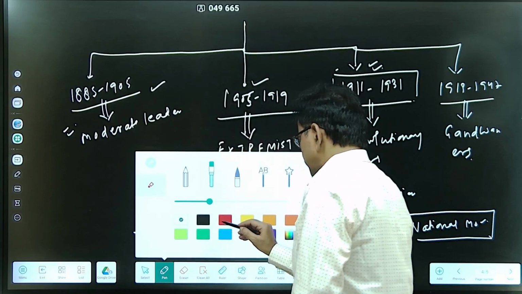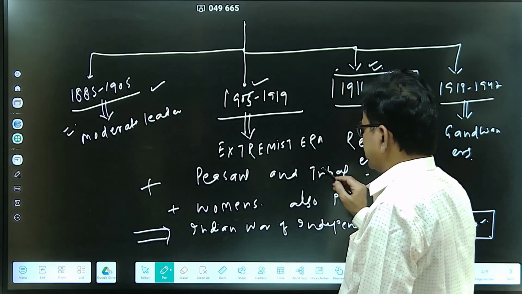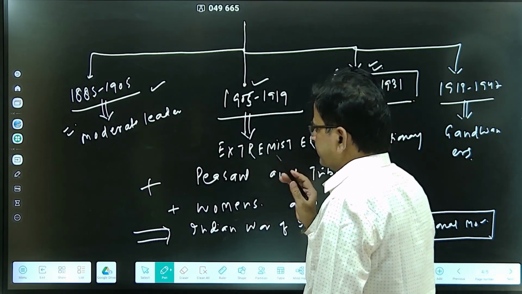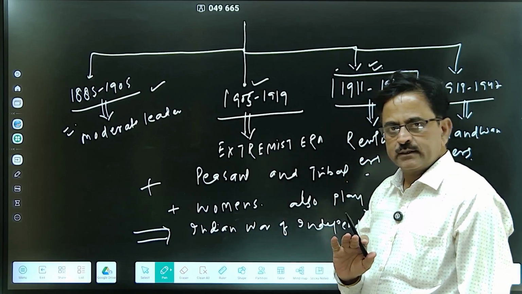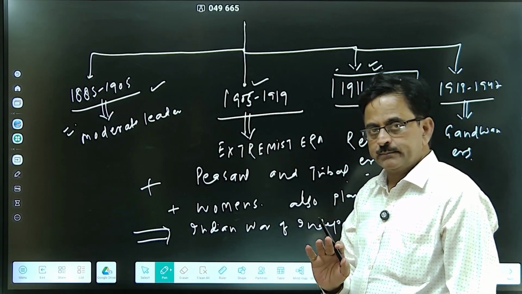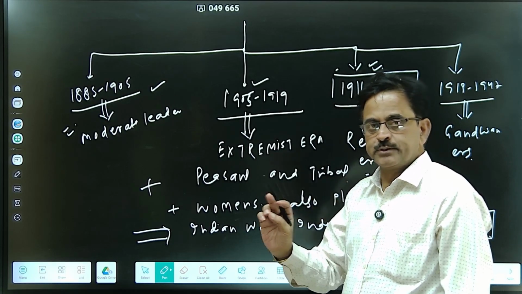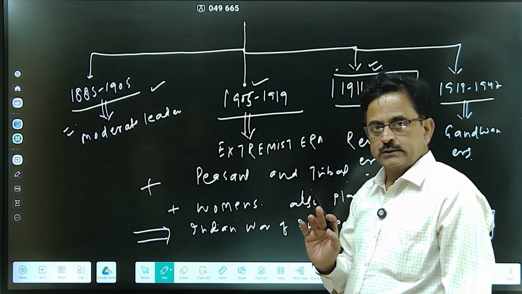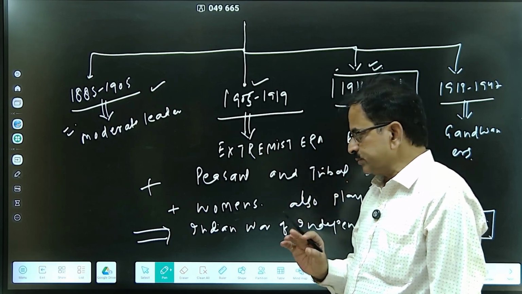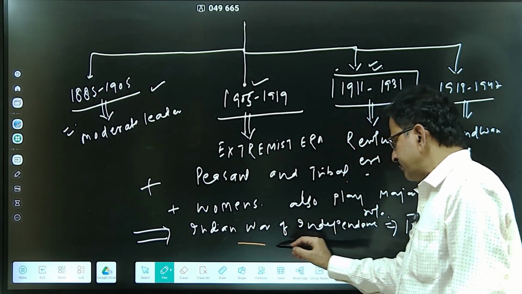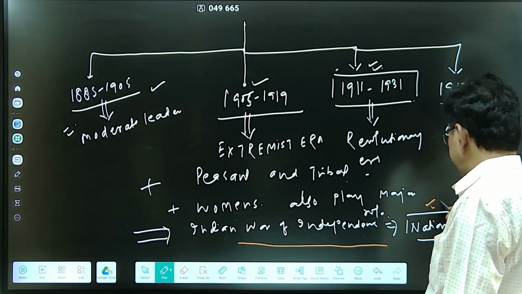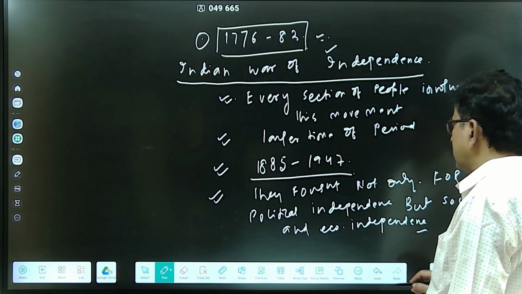All these groups who were involved in this movement had common objectives. They fought for a common objective. They wanted independence from British colonial rule. That is the major objective. So, due to this reason, you can say the Indian War of Independence is the national movement, whereas the American